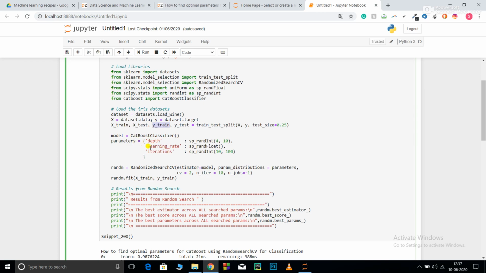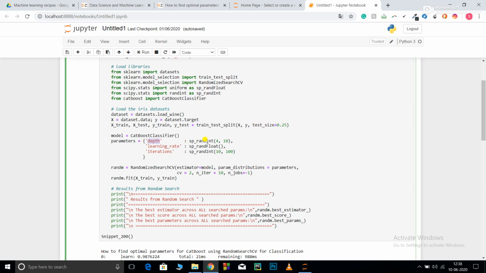So what are my parameters? I'm just passing three parameters. You can go to the CatBoostClassifier documentation to know more parameters so that you can hyperparameter tune them as per your wish. Now depth. As it is a tree based model, the categorical boosting model is also a tree based model.